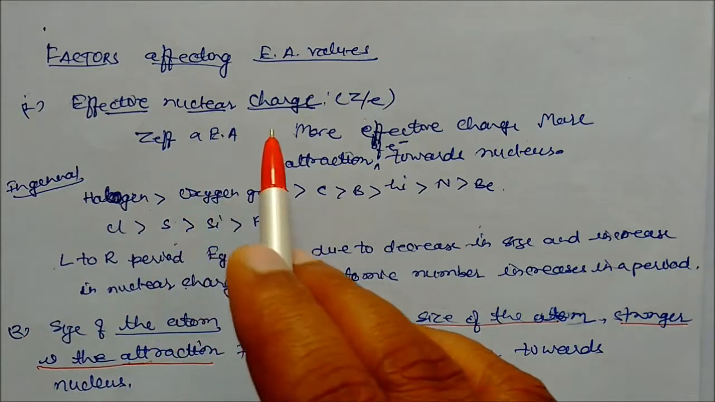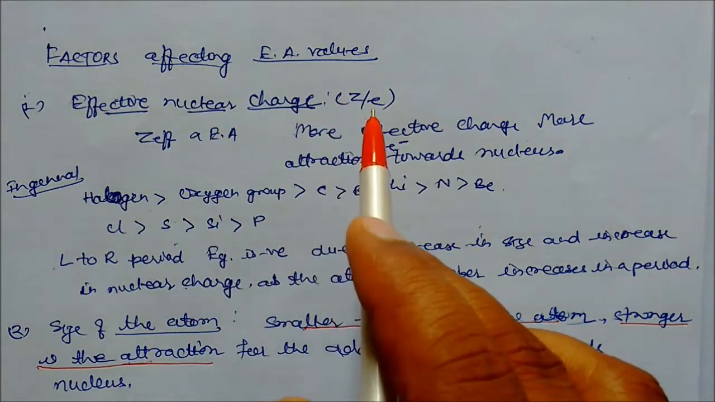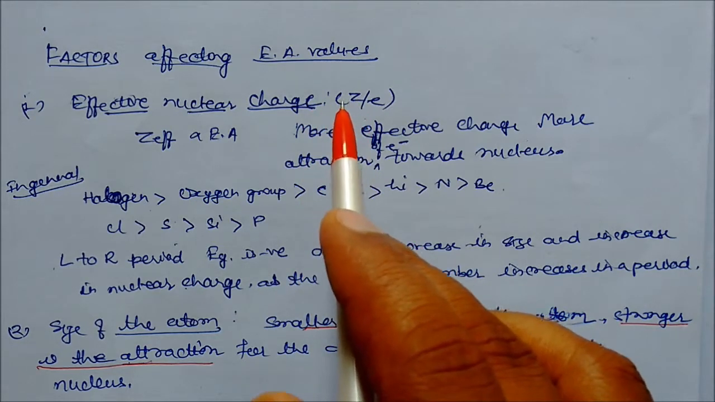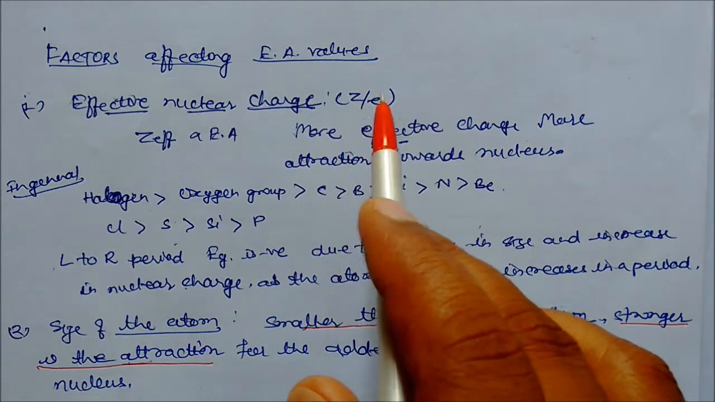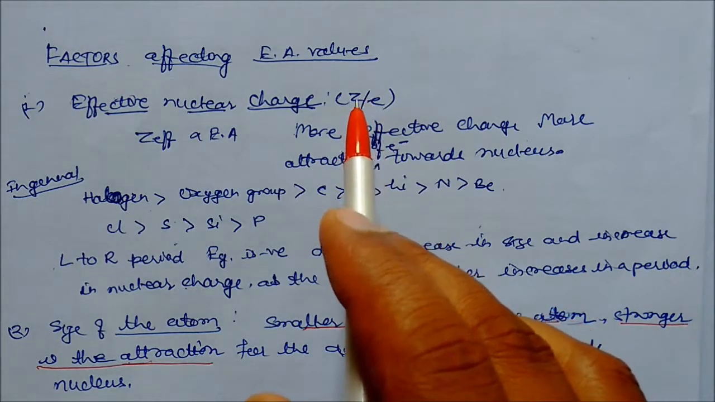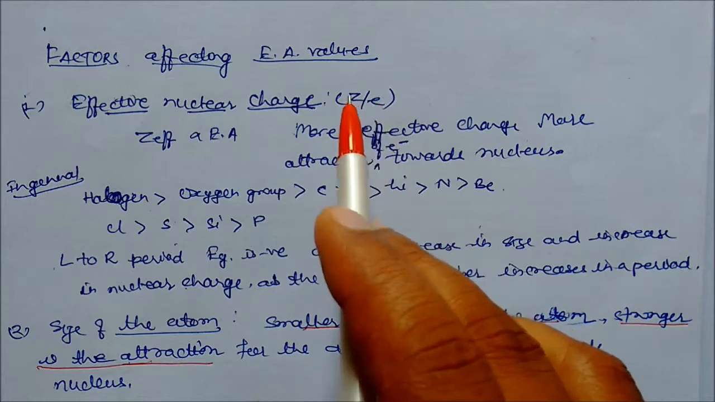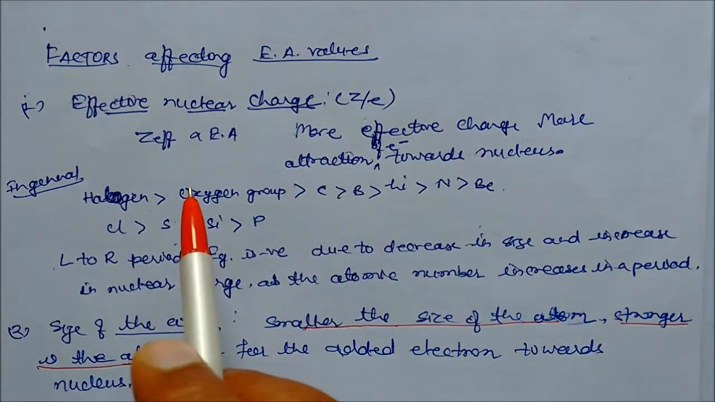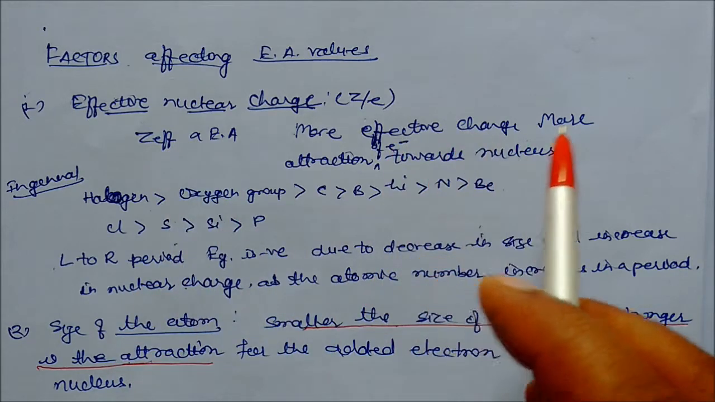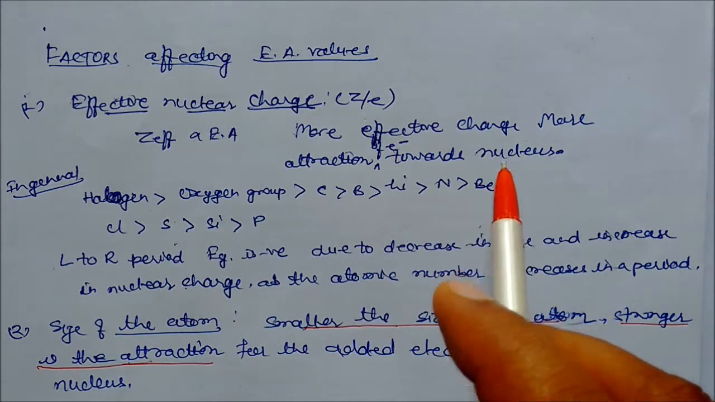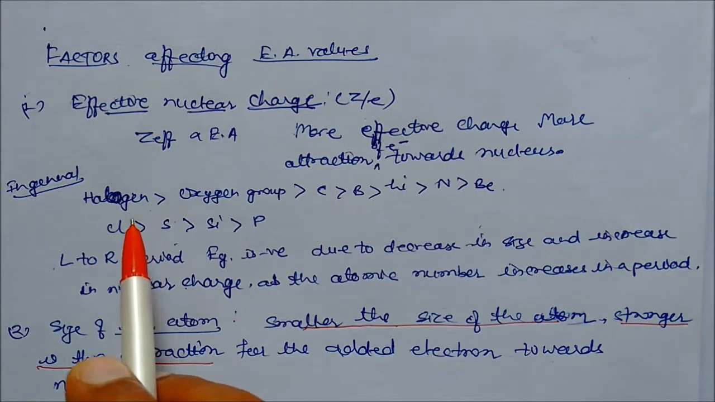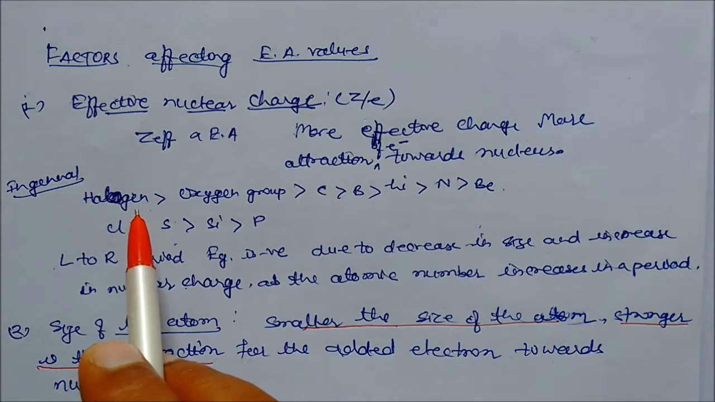So first is effective nuclear charge. Effective nuclear charge means the Z by e ratio. Z is the atomic number of the nucleus, that is protons, and e is electrons. So if there are more protons and fewer electrons, there is more effective charge. If there are more electrons and fewer protons, there will be less effective charge. It is proportional to electron affinity. More effective charge means more attraction of electrons towards the nucleus. It is proportional. Generally halogens have more effective charge, so their electron affinity is high,